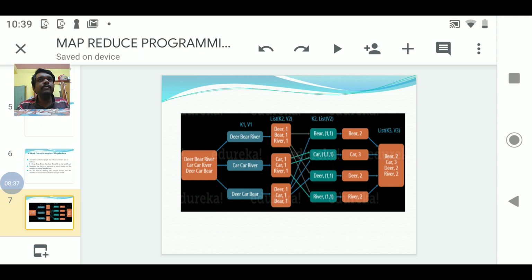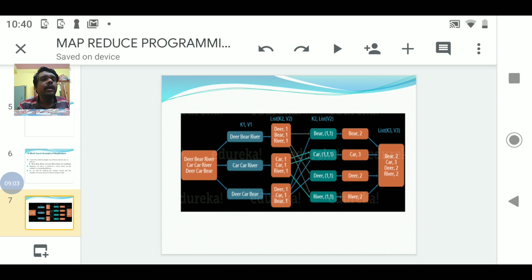So these words become a key, and the value 1 is the value itself. So the mapper's job is to tokenize the line and assign a value of 1 for every word that it finds in the file.